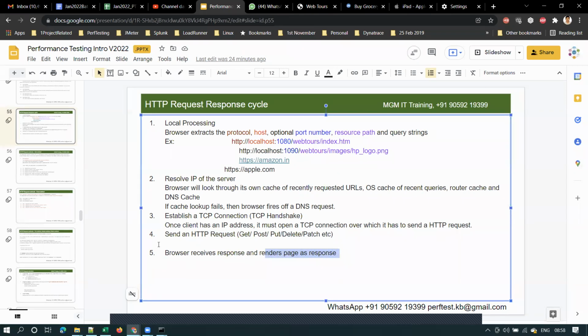So this is what happens when you send a request from the browser till you receive the response from the server. This is called the HTTP request response cycle. Is it clear, guys, or any queries here?